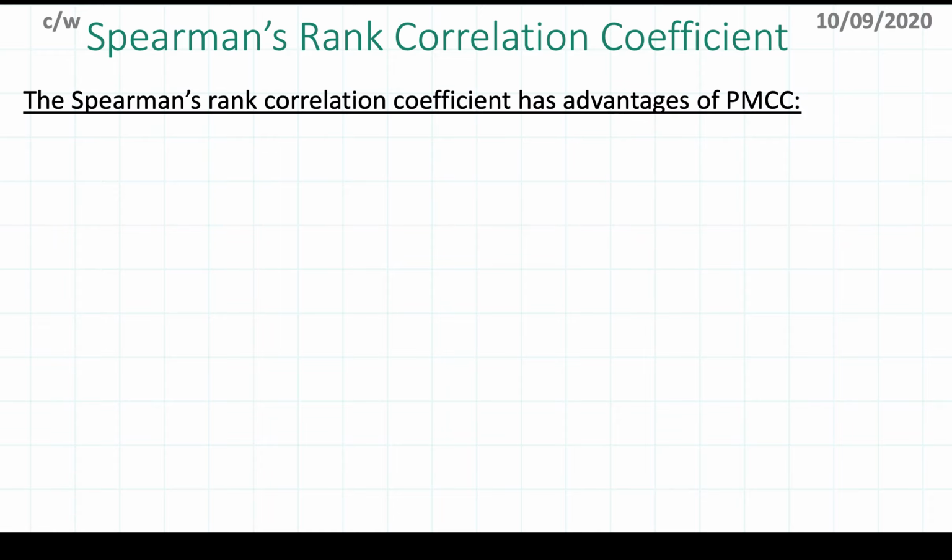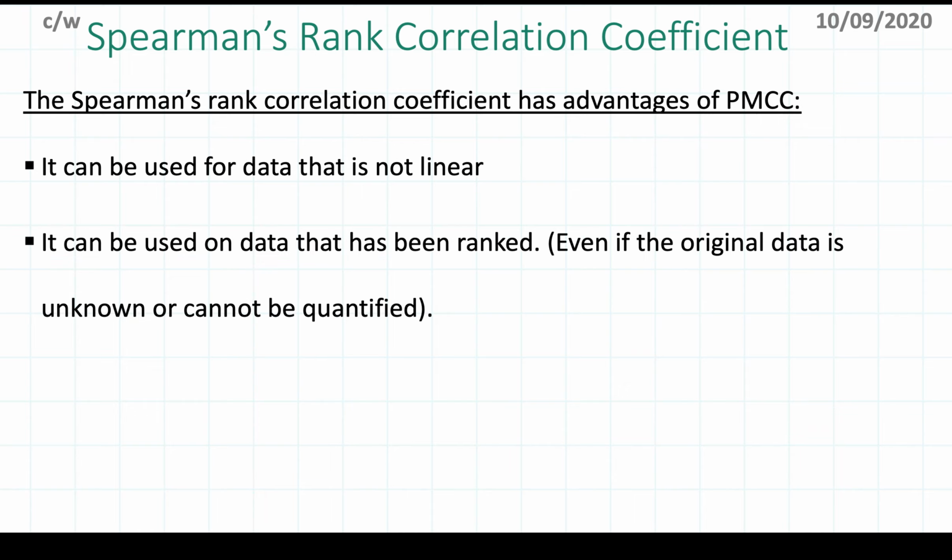Some of the advantages it has over Pearson's moment correlation coefficient is that it can be used for data that's nonlinear, and you should know that Pearson's moment correlation coefficient is only used for linear data. It can also be used for data that has been ranked. For example, if you're given a data set and they already told you, we've asked people to rank these things,